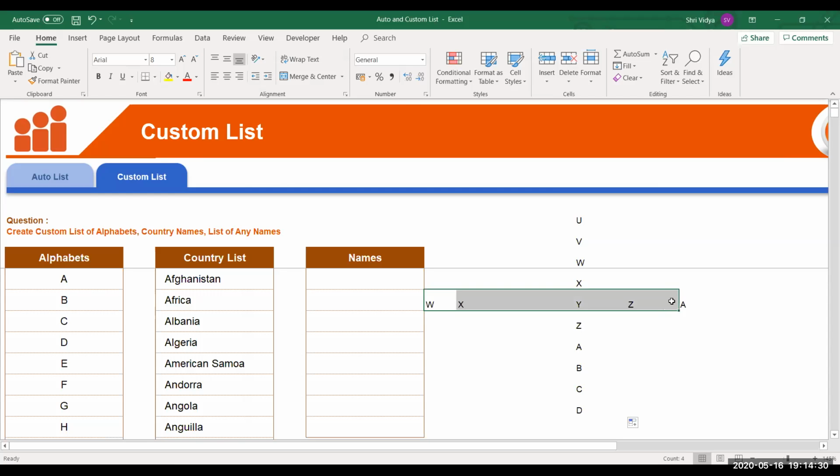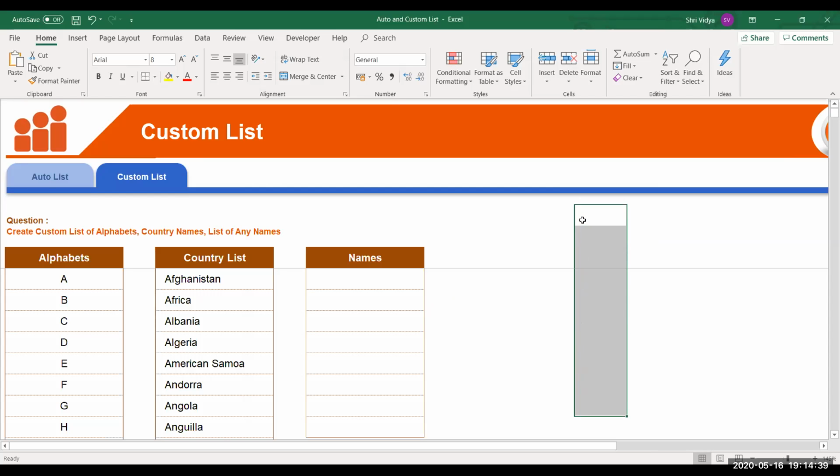See, the advantage here is you don't have to remember the first item in the list. You could be typing any list item, just drag it and it will populate for you. So once you create this custom list, it will be available for you to use in any file you have on your system. And I repeat, this is available only on your system because these are all system settings that you change.